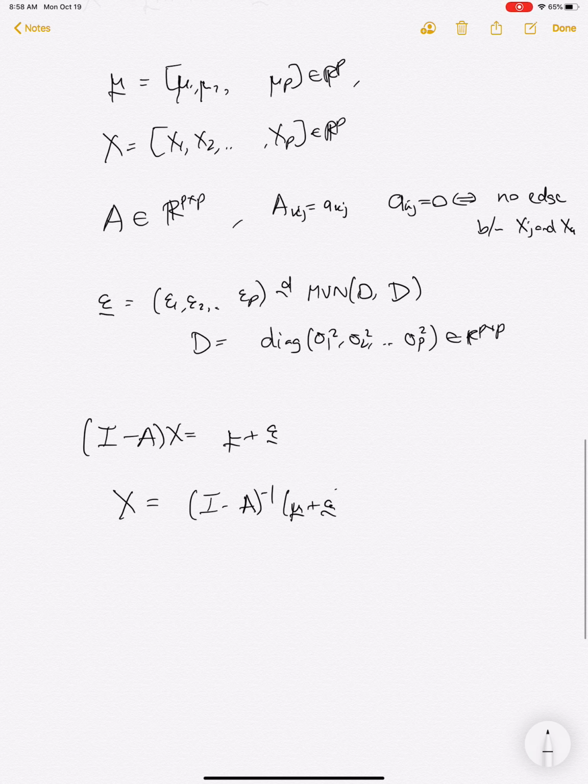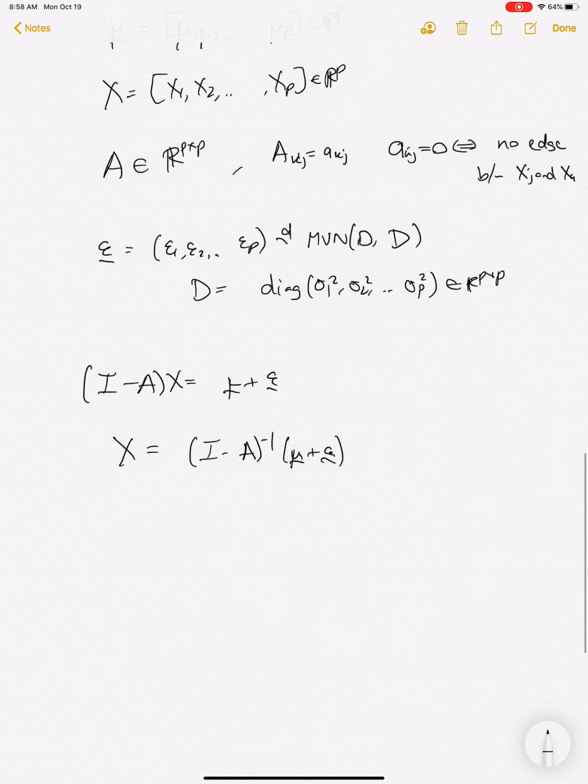I haven't shown why that's true, but it's to do with the fact that if it's acyclic, you can permute the rows and columns to be a lower triangular matrix, which makes this invertible. And so therefore we have that x is multivariate normal with the mean I minus A inverse mu, and